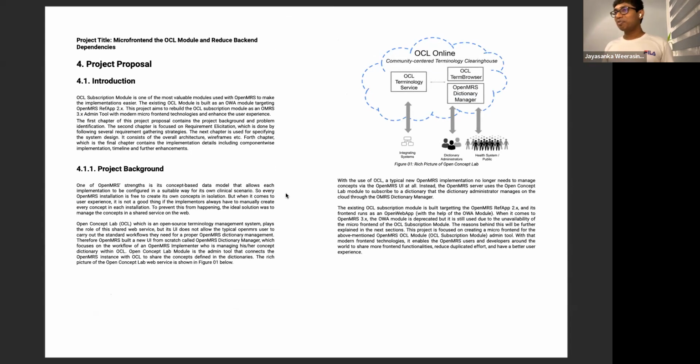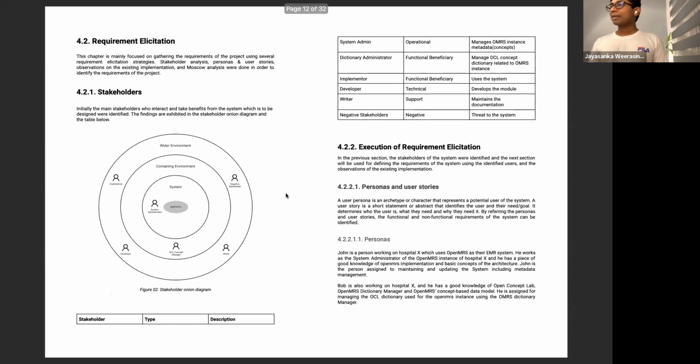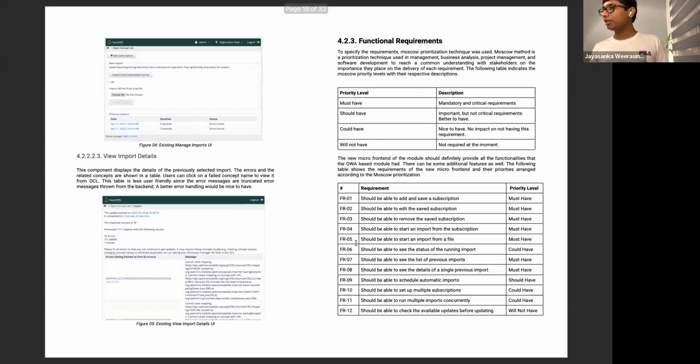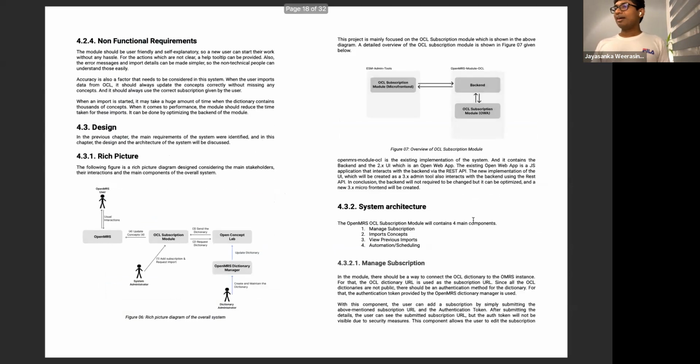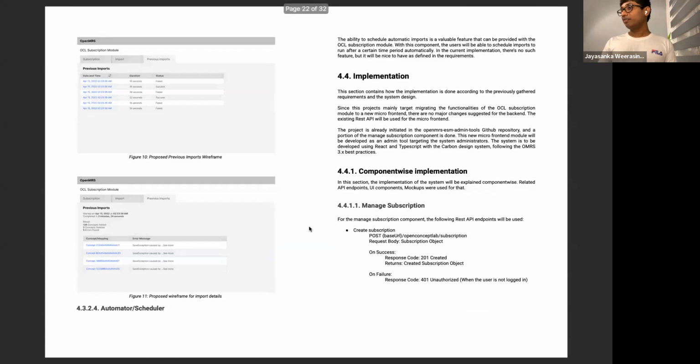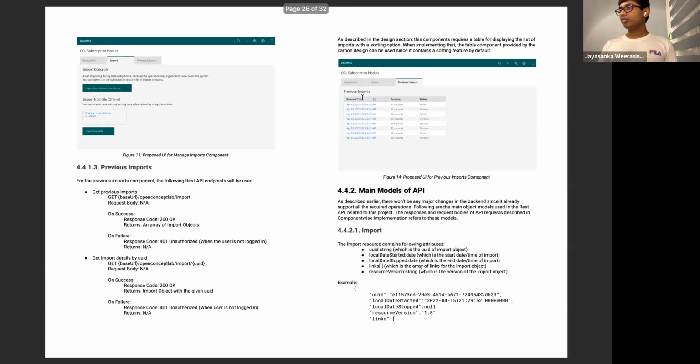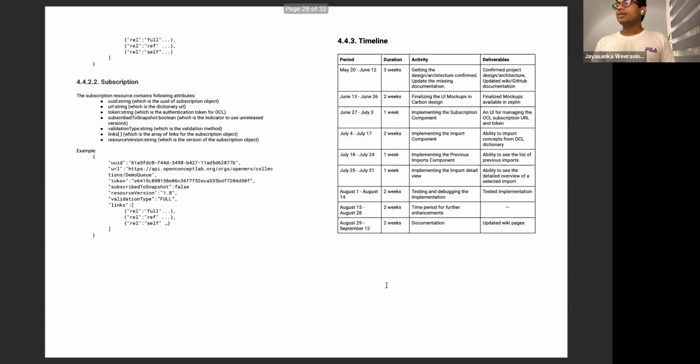And then in the proposal, he's talking about the background of the project and a requirement elicitation, and finally came up with some set of requirements and also prioritization and design, right? So there are some sort of wireframes, and finally there's an implementation chapter which has sample payloads and some code samples, right? And finally the timeline.